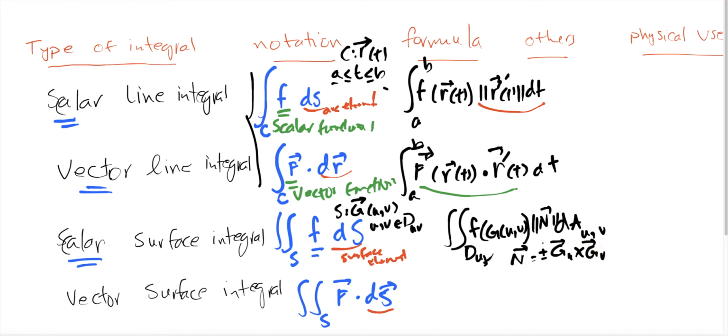Depending on, and it doesn't matter for scalar surface integral, but it matters for vector surface integral, because over there the magnitude just gets rid of whether or not it's plus or minus. So again, you use F, you parameterize F on G of U and V, then you multiply it by the magnitude of N, and then you take the double integral over the bounds of U and V. It becomes a double integral. Here it becomes a 15.2